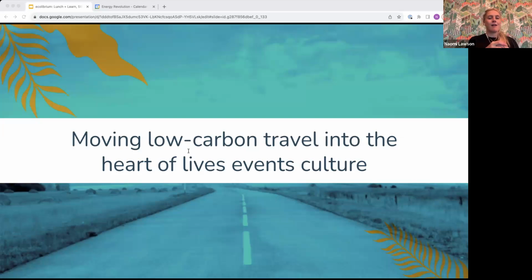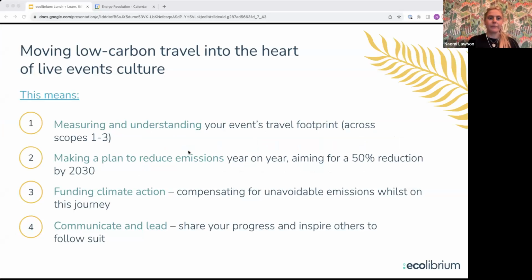So there are lots of solution opportunities. It's not all doom and gloom. And we've been working to make our blueprint for this really clear. So we are asking all of our members to follow this 4-step process, which outlines the road to climate responsible travel. So firstly, measuring and understanding your event's carbon impacts, then making a plan to reduce them in line with climate science,